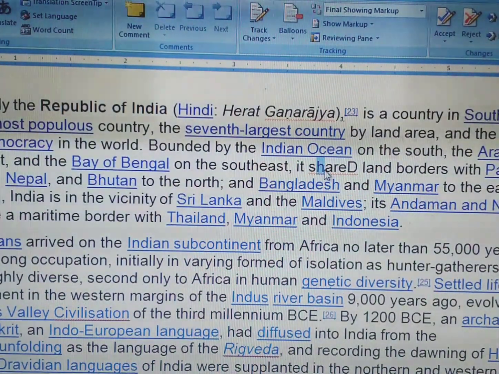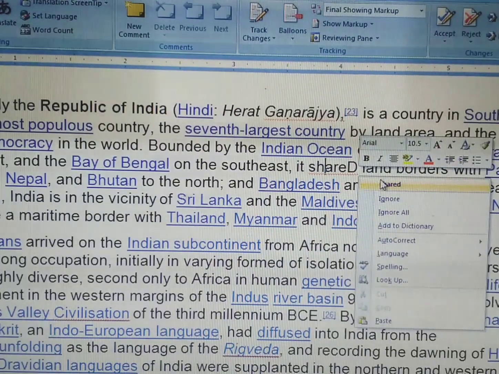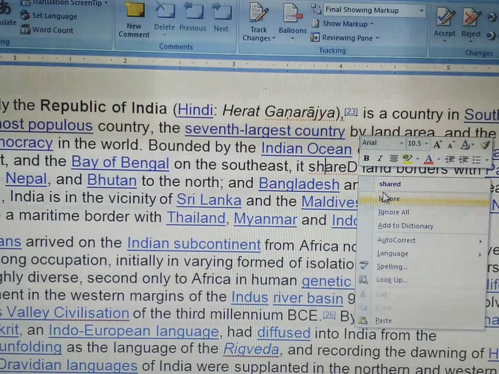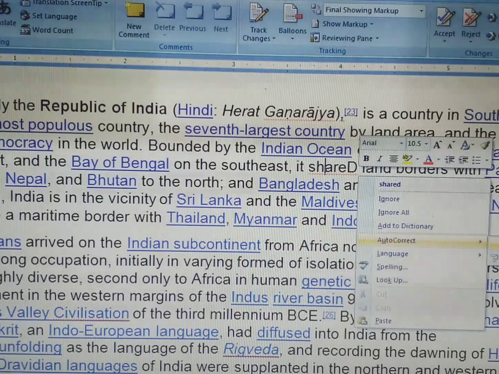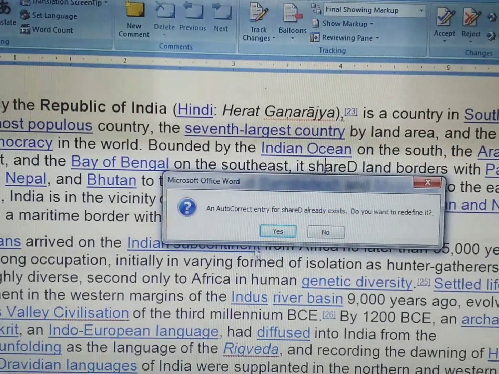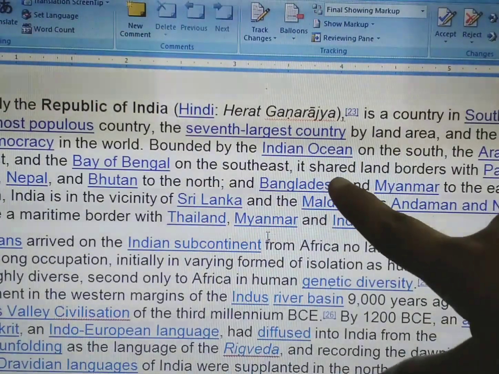So I am just right clicking over this word and see, it is showing the correct word. For example, autocorrect. Just go over it and click. See, it is now corrected.